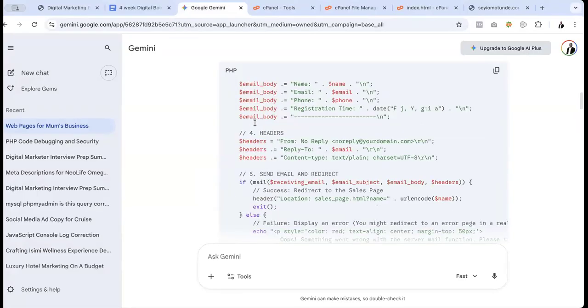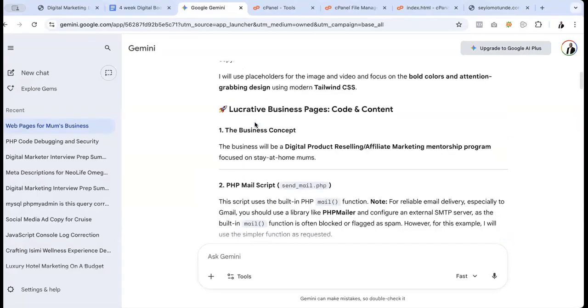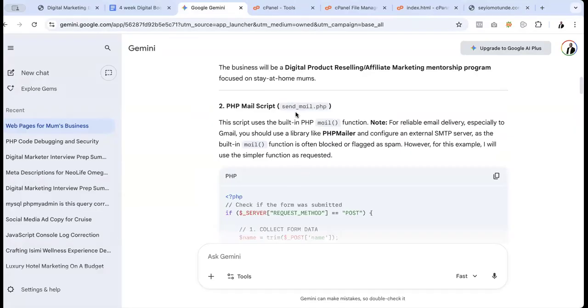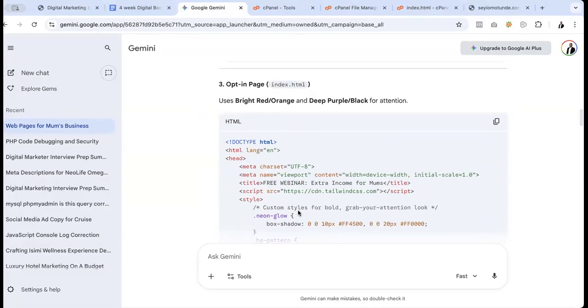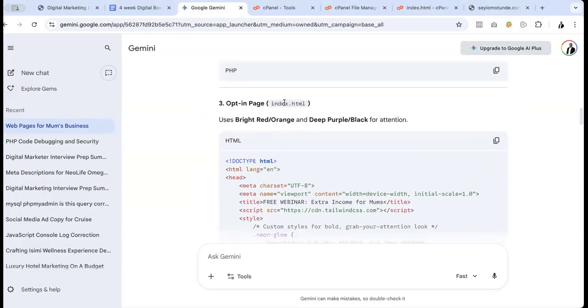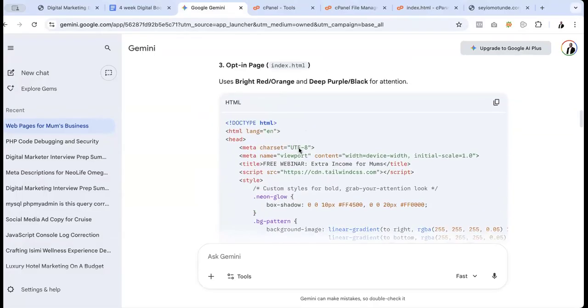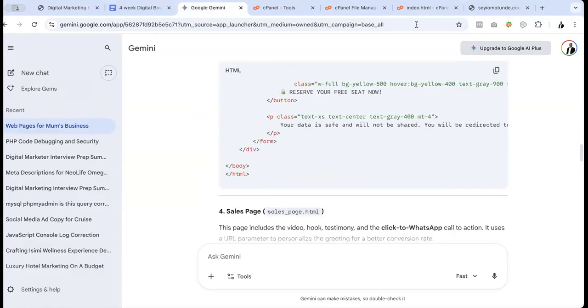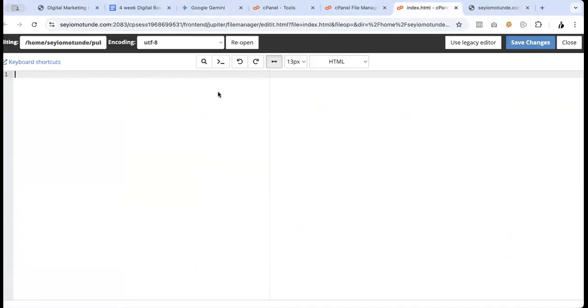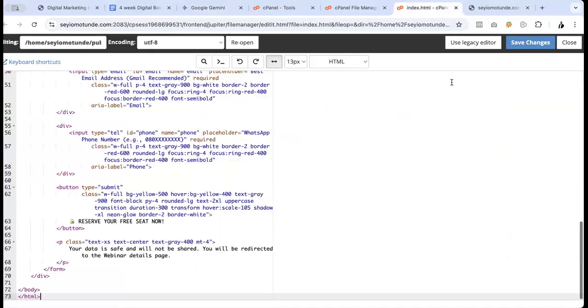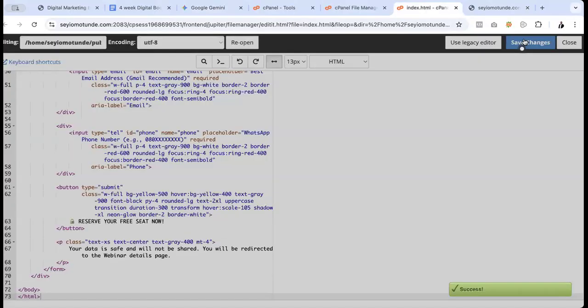So if you look at this now, this one here is email. So it's not email I want to copy now. This one here, second one, is index, which is multi-page. Instead of highlighting this, clicking this means you've copied all the code. So I just click this instead of wasting my time to highlight everything. So by the time I come in now, I can paste it or Ctrl V. I save it. If I refresh it now, you will see